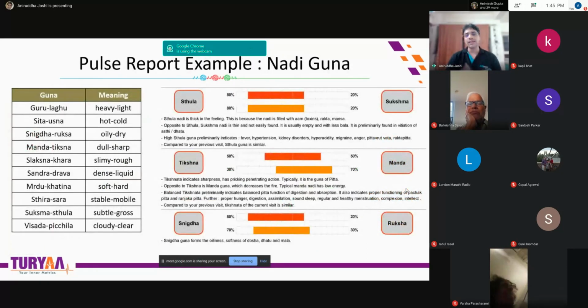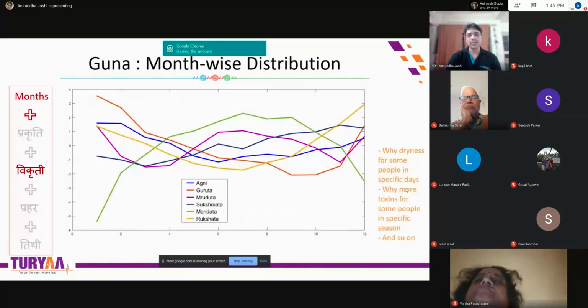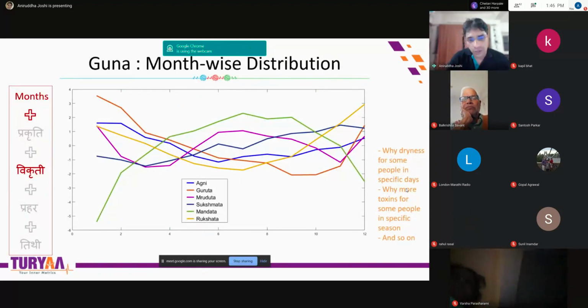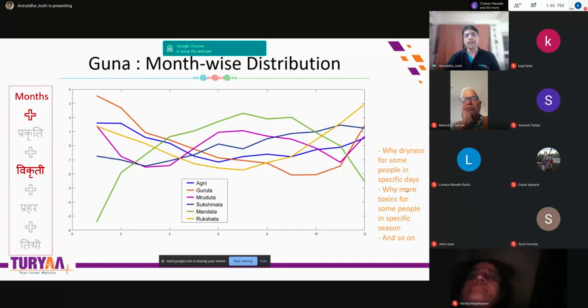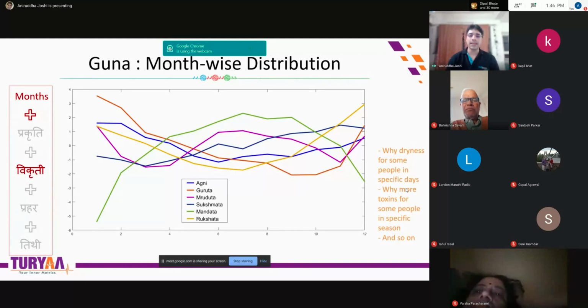Again, with respect to the various gunas which we studied yesterday, there are so many, out of which we have been able to find 5 so far. We are working on others also. We are also working on subtypes, subdoshas, and so on. Even they follow such great regularity season-wise. And of course, there are other combinations also, which I'm not going to show because that's typically my IP.